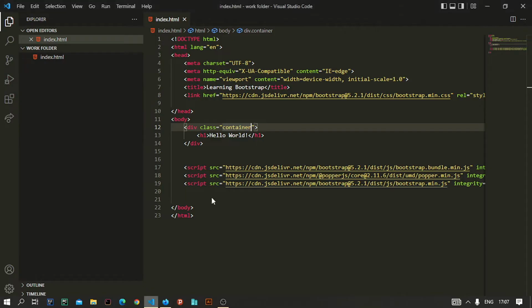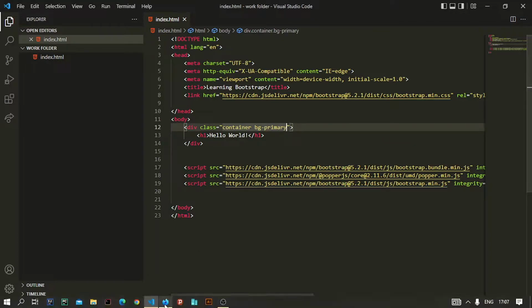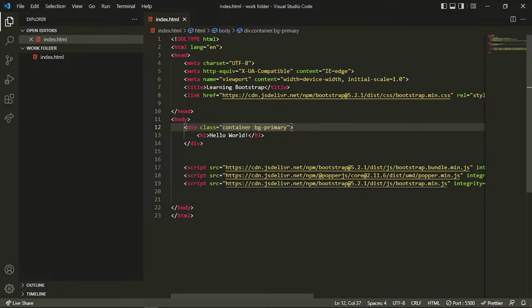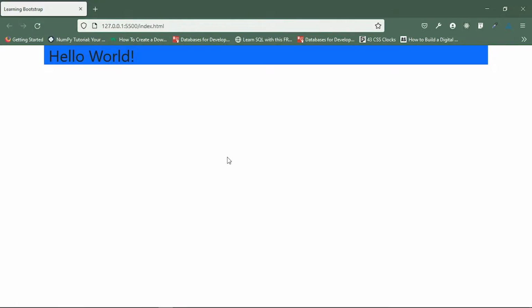So let me just add some background color to it. For adding a background color, we have this bg, and then there are some contextual classes. We'll understand this bg in the upcoming videos. For now I'm just adding, for example, primary. So this will add a background primary color which is a little bit blue color. So you can see that it added a box inside, like outside this text, and this is pretty much what it does. So container class is mainly used for creating a wrapper around a text or around a